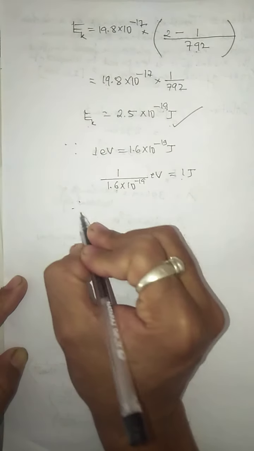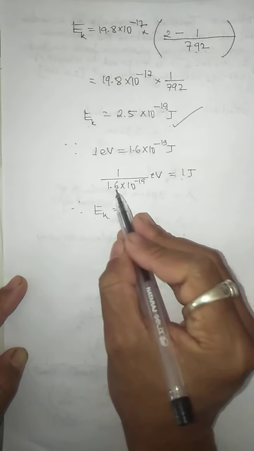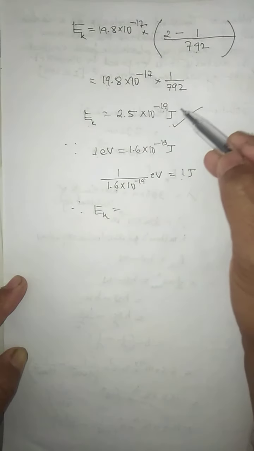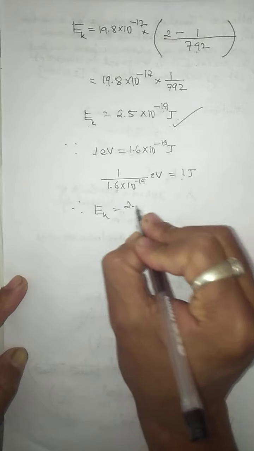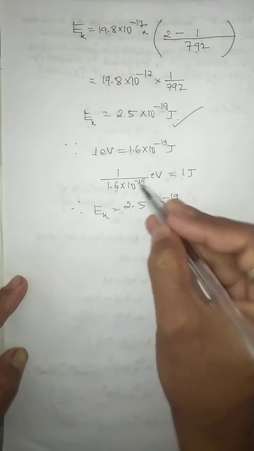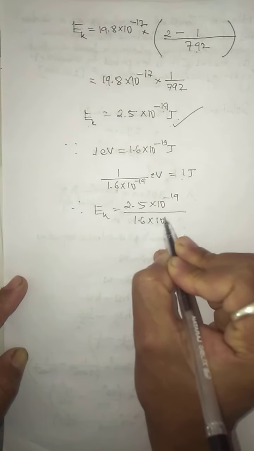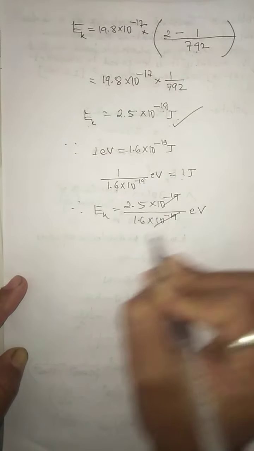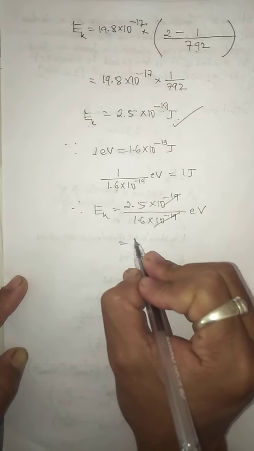So what do I do, children? I will now divide this quantity by 1.6 into 10 to the power minus 19. To convert joule into electron volt, you have to divide by this quantity. So it will be 2.5 into 10 to the power minus 19, divided by 1.6 into 10 to the power minus 19. This and this cancel out. This is electron volt. Now 2.5, if you divide by 1.6, approximately you will get